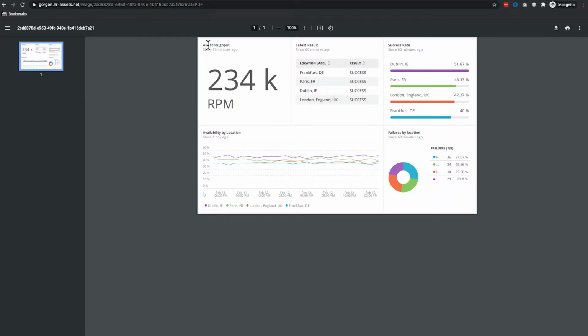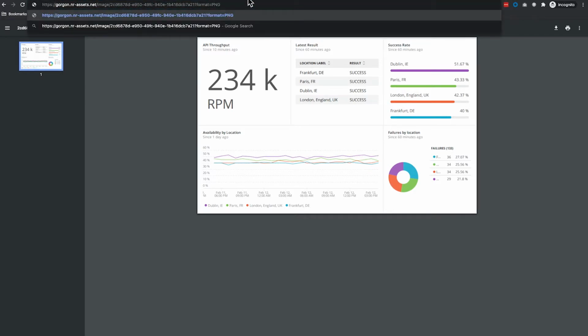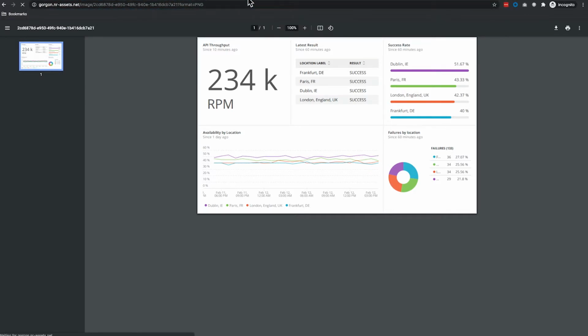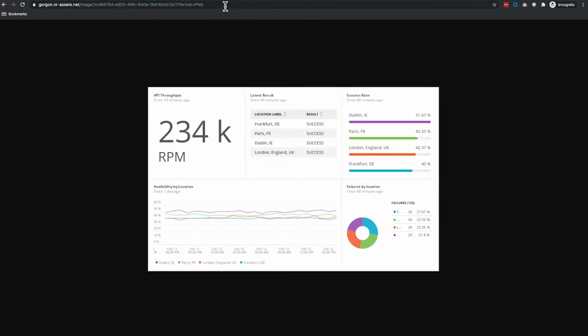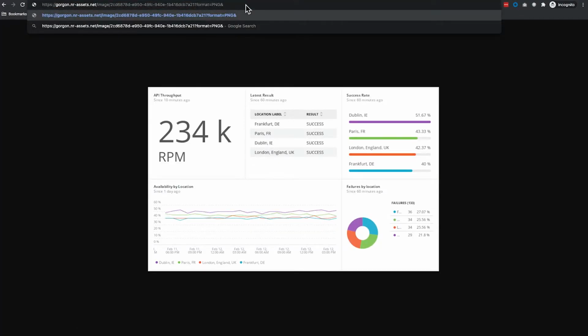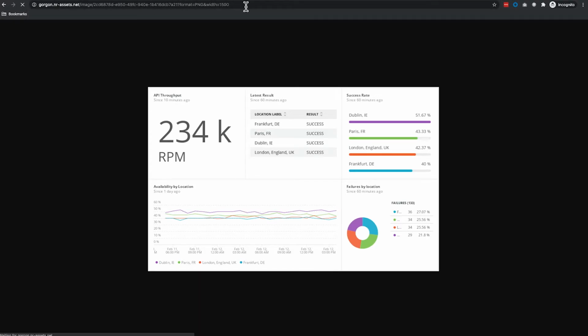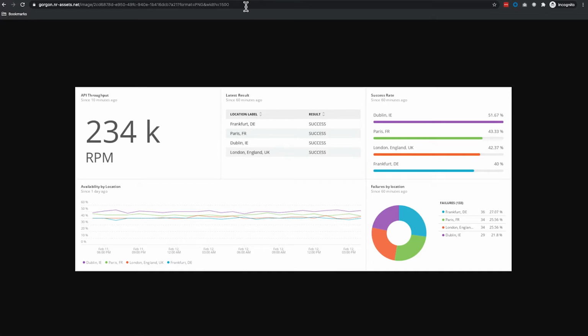the dashboard. Something to know is that you can change it from PDF to PNG by changing the format. So now you can get an image instead. And also you can specify a width and a height should you wish to change the image that's returned. And actually sometimes that works better with certain dashboards that have lots of widgets on them. Okay, so that's easy. You should be able to see how you could automate that.